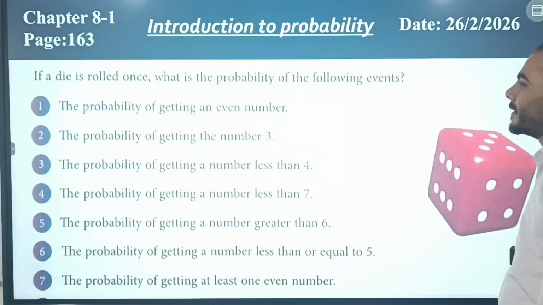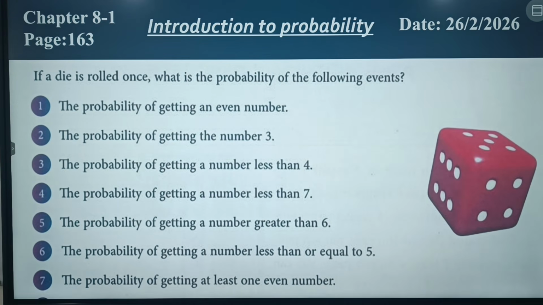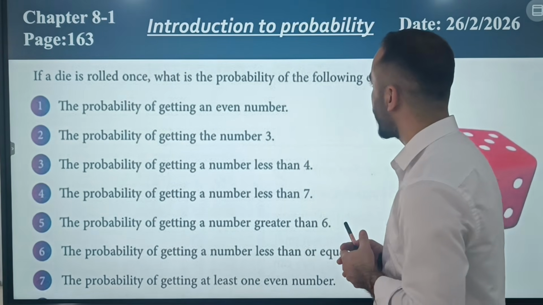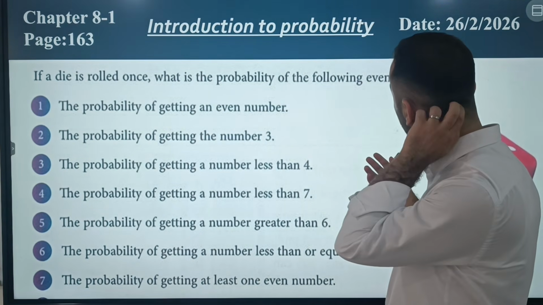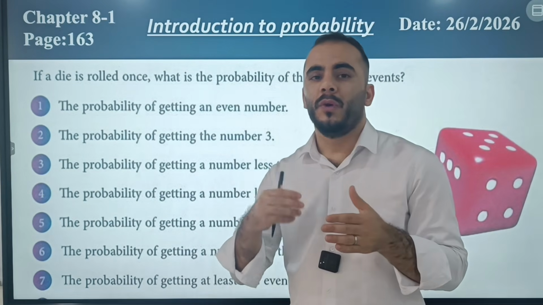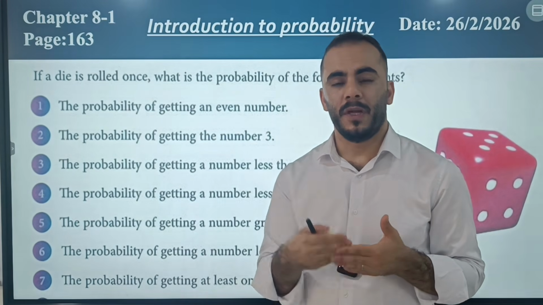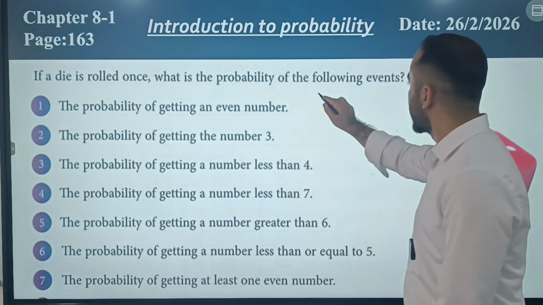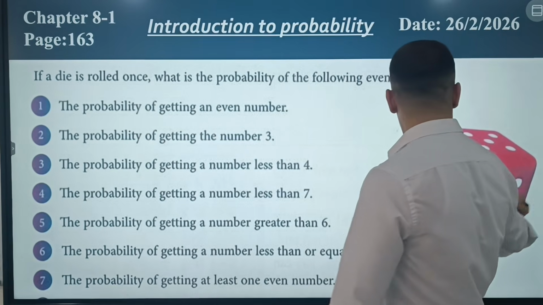Okay. And then there is an interesting example among your exercises that is familiar from the previous year we studied. If a die is rolled once, what is the probability of the following events? So the probability of getting an even number. So in a dice, how many faces do we have? How many outcomes do we have? 6. Okay, so we are going to say that probability